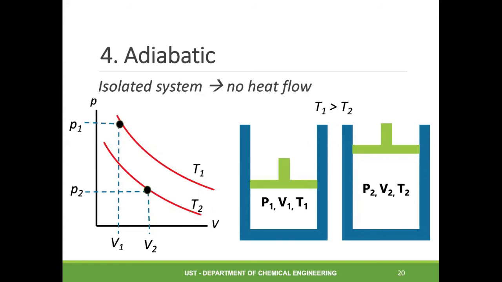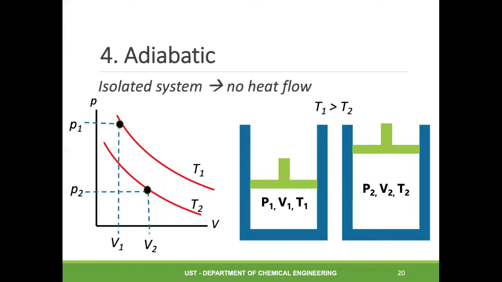So the expression for the first law of thermodynamics simplifies into delta U equal to W. This shows that any work done under adiabatic conditions is at the expense of the internal energy. So if the system performs work, take note that the internal energy decreases and the temperature of the system will drop. On the other hand, if work is done on the system, internal energy increases and